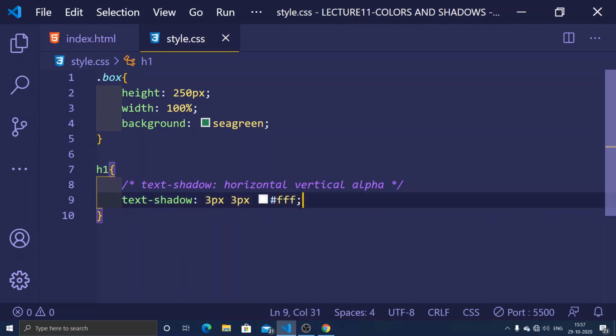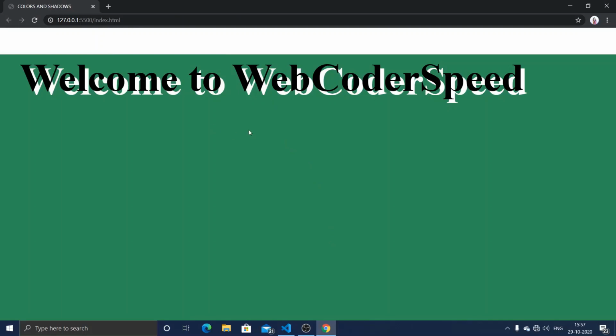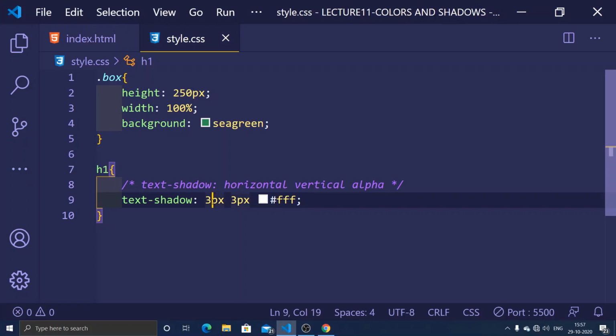I'm giving it white color, and now you can clearly see the shadow which is white in color. So welcome to web coder speed is now slightly shifted towards the bottom side and towards the right side, means 3 pixels towards the right and towards the bottom. I can also change it to 5 pixels and 10 pixels.